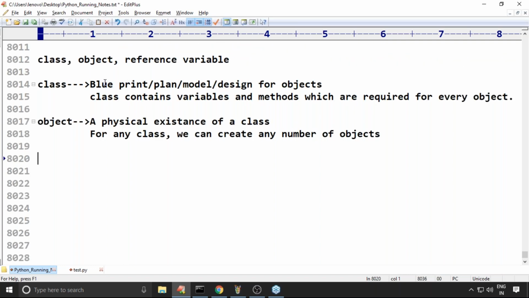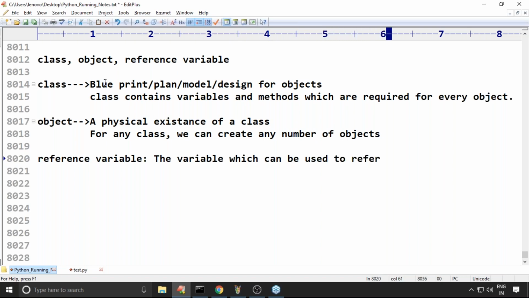Sir, what is a reference variable? The variable which can be used to refer to an object is called a reference variable.